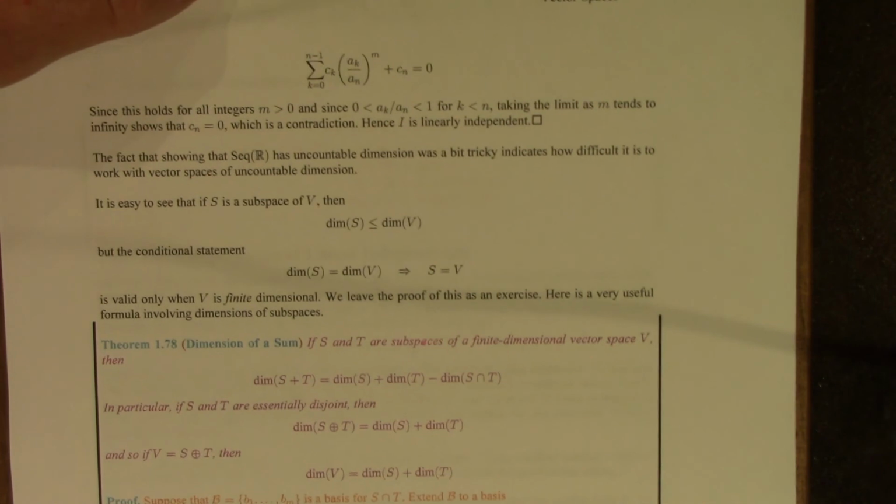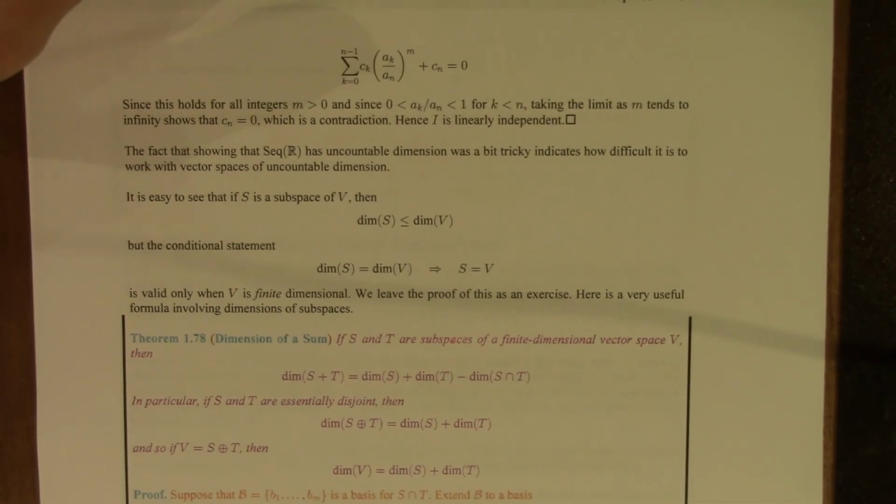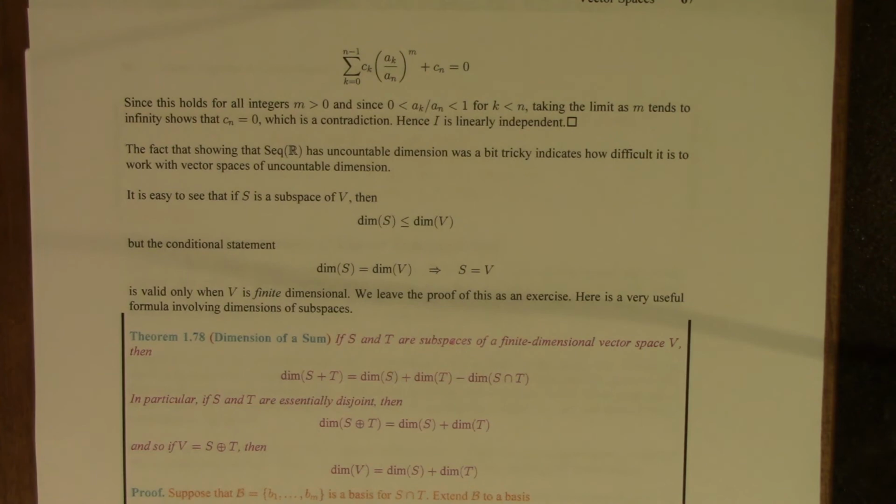That was a bit of work just to produce a linearly independent uncountable subset of this vector space. I don't even know how to produce a basis. I've never seen one. The problem is these vector spaces are so large that uncountable bases, which must exist, are just too complex to deal with. What does one do in situations like that? Well,